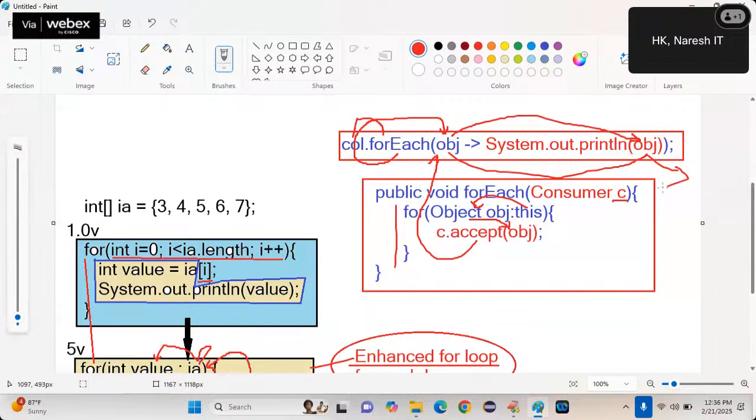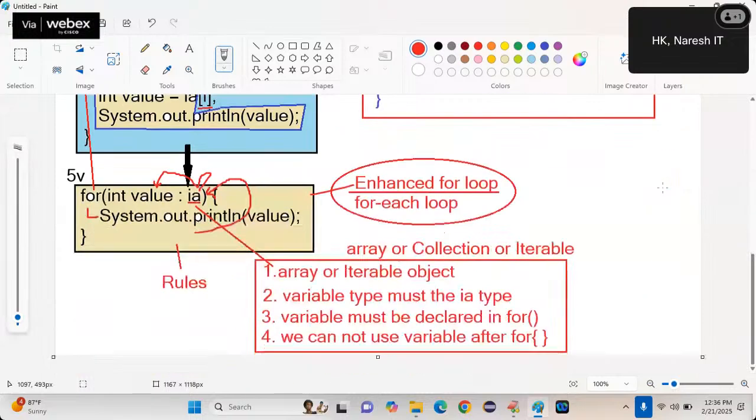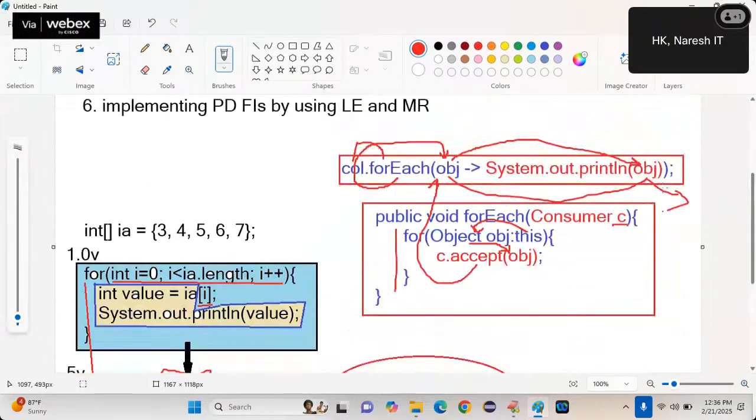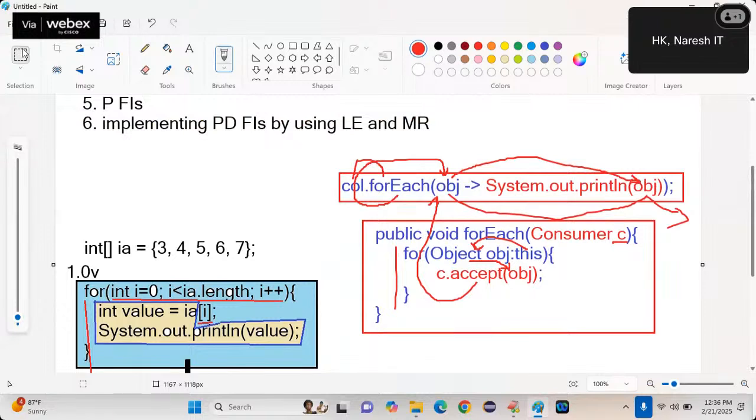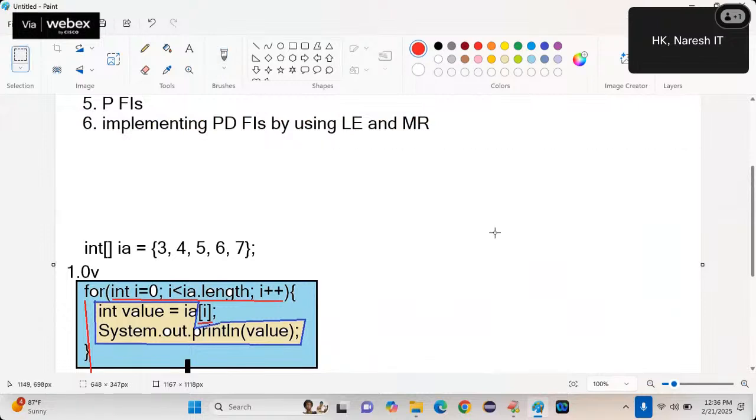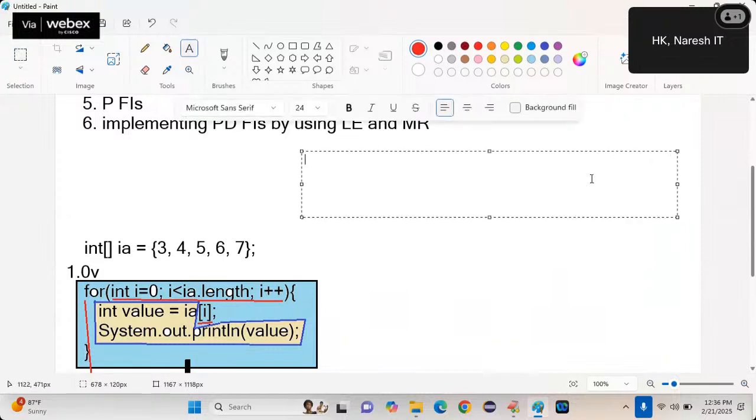So what do we understand? From Java 8 onwards, whenever I want to write a for loop on a collection, you don't write a for each loop, you write the forEach method. Let me rewrite it. You have seen the forEach method, and now let us follow the shortcut. I want to retrieve objects from the collection.